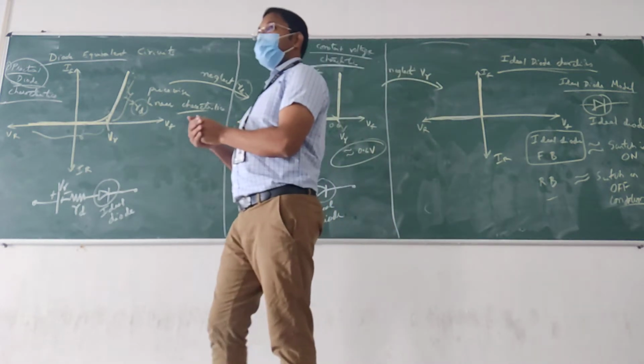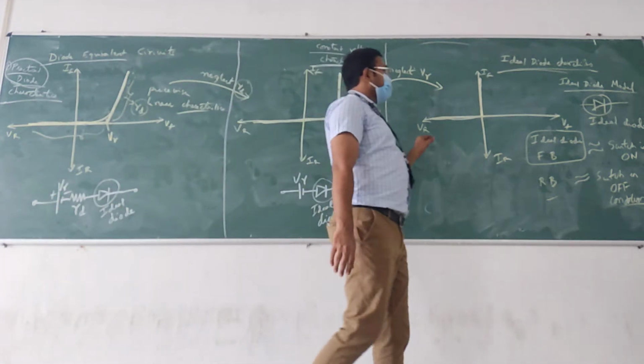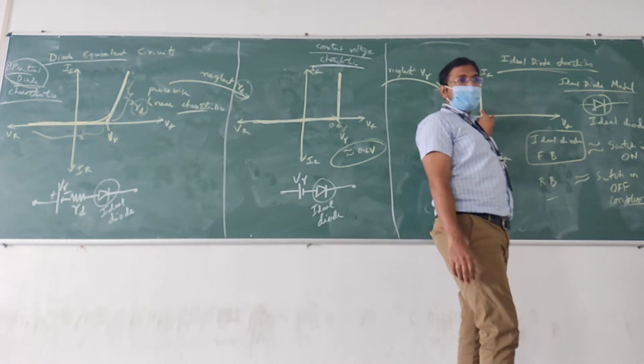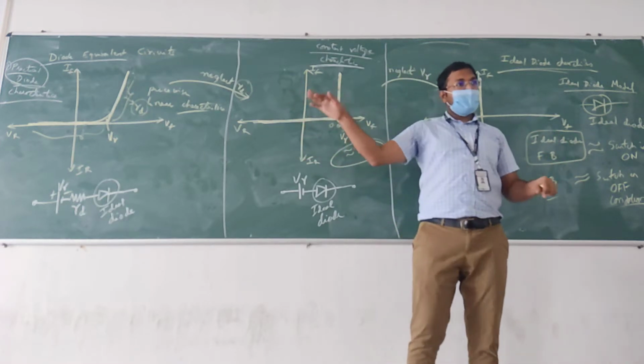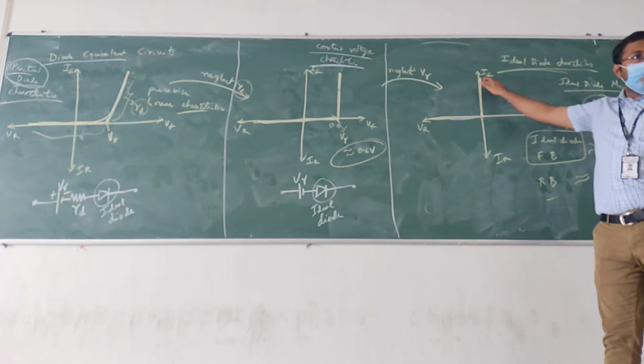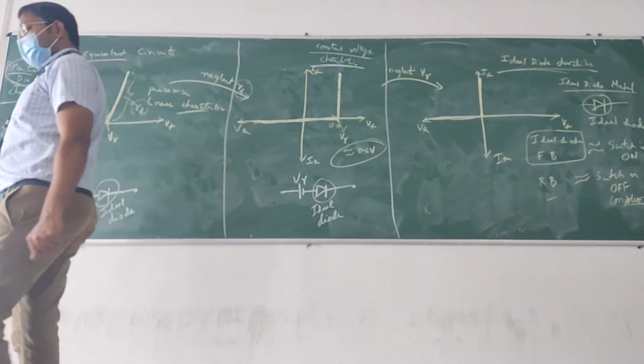Yes, how? Fast, please. Daily you are switching on fans and lights. Then you should tell me now how this is equivalent based on these characteristics. Everything we are getting based on characteristics. All three models we are getting based on characteristics. So the answer should be based on characteristics, or how these characteristics represent that of an ideal switch. Please answer. Yes, anybody?